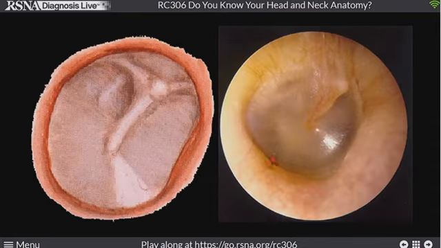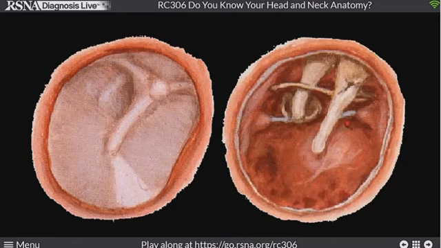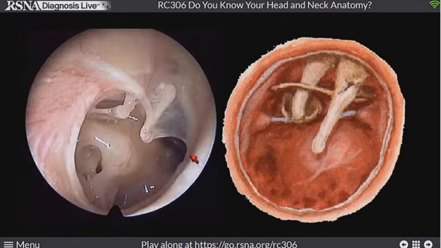So here's a graphic in a real otoscopic view. We like to see that long process of the manubrium of the malleus, a nice light reflex, and we think about a nice intact TM. If we do have a perforated TM, we can sometimes see those ossicles within the middle ear cavity. And here's a nice case where we have a big perforation of the TM, and you can actually see these structures. So there's that long process of the manubrium of the malleus. Here's the long process of the incus coming down with the little hook, and you see the posterior and the anterior crura of the stapes as it goes over to the oval window, and here's that cochlear promontory below it.